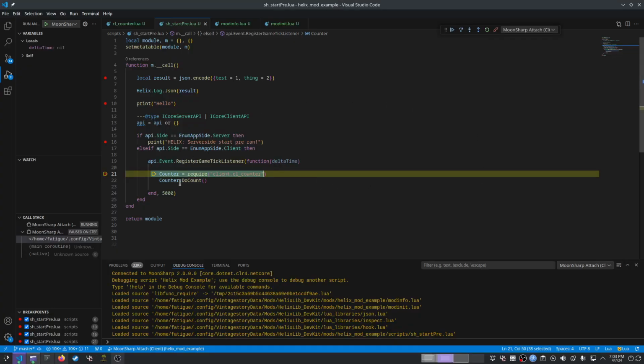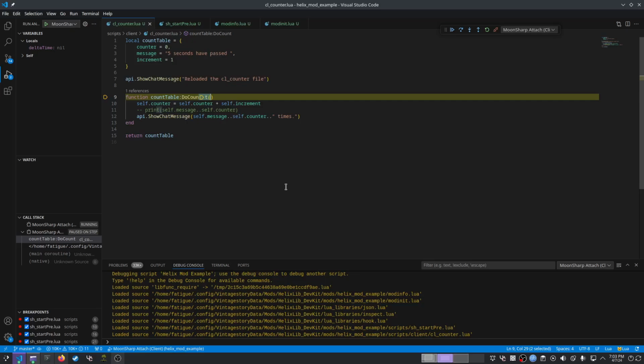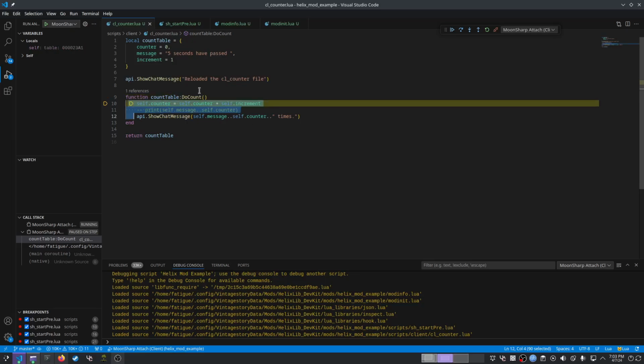Now we've hit that 5-second mark, and we're going to require CL counter. So counter right now, it doesn't exist. So now it equals requiring that counter. And then we step into do count. I'll press F11. So we've stepped into do count,